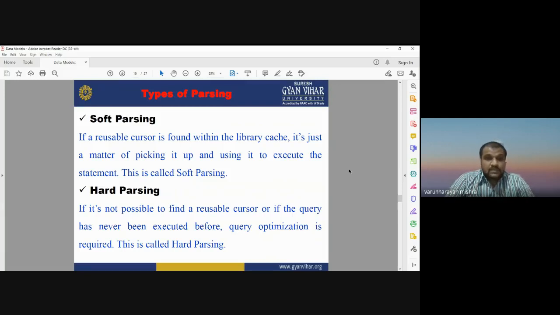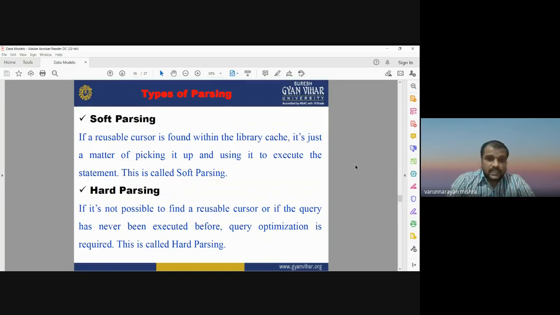But in some exceptional cases, if it is not possible to find the temporary information of the query processing, then we need to apply hard parsing, which requires optimization before the execution of that query.